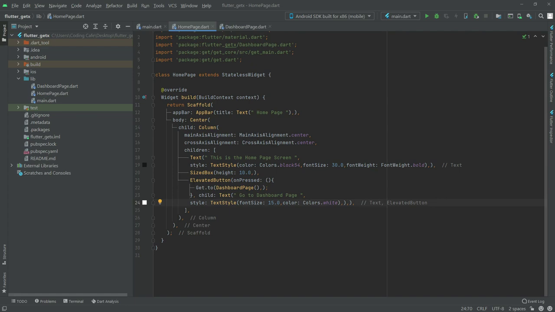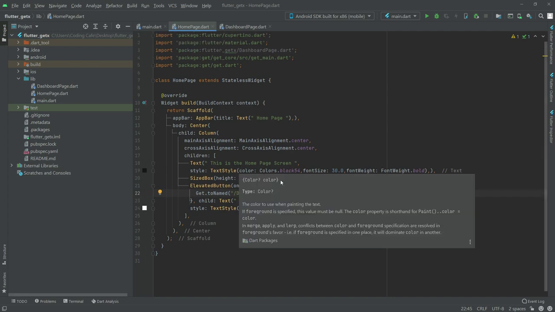Right in here we will set it to named, and we will remove that from here, and in here with a slash we will write dashboard page. So that's a little change for our named route. This will simply get the user to the dashboard page, and that's all the code for home_page.dart.